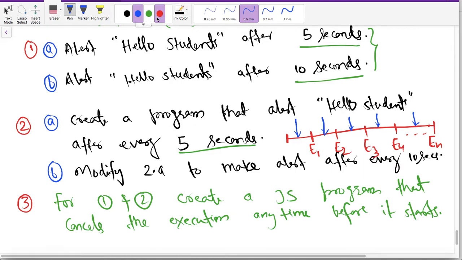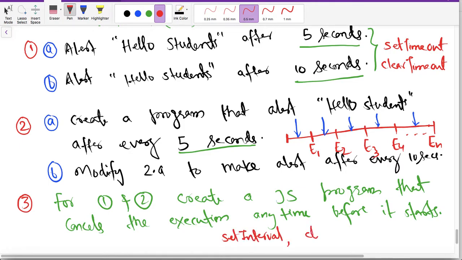In the first case, you can use setTimeout, and to clear this event you need to use clearTimeout. Similarly, for the second part of the problem, you have to use setInterval, and to cancel the event, the clearInterval function.